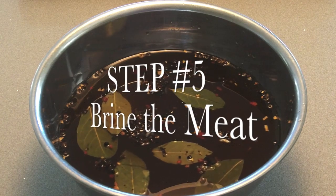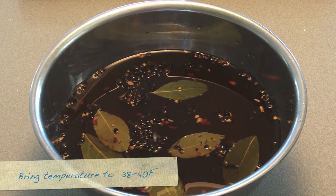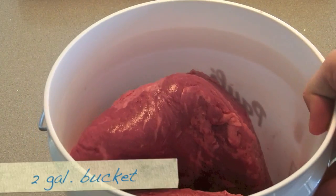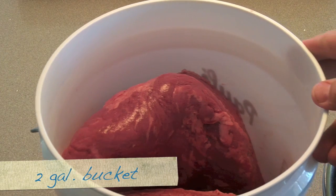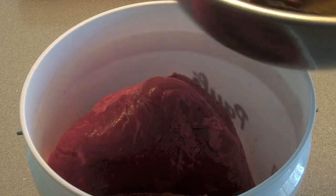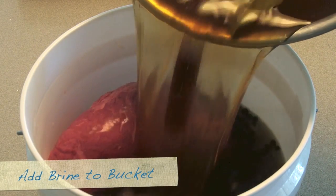The ice is now fully dissolved. Temperature of the brine solution will now be down to about 40 degrees, between 38 and 40 degrees. So what we're going to do is we're going to place our brisket into a bucket, 2-gallon bucket. You can pick it up from a local hardware store, any of your big box stores. Put the brisket in. It looks about like this. We're going to take the brine, we're going to slowly pour it into the bucket over the brisket,